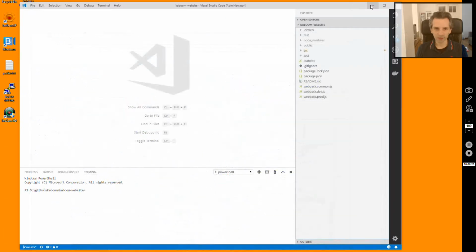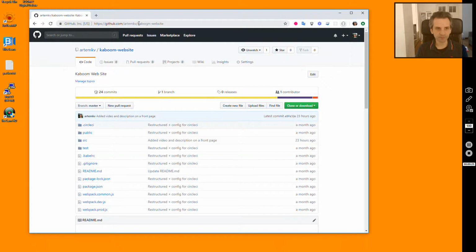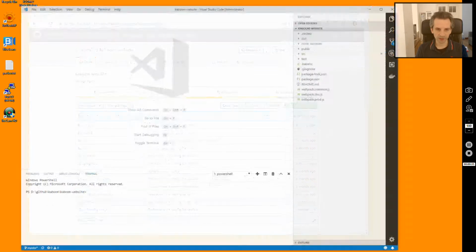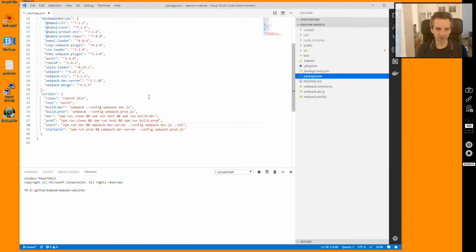As usual, this project can be found on GitHub at ArtemKV Kaboom website, and I just want to go and quickly look inside of this project to give you the idea what it is. If you look at the package JSON, we see that we have a couple of npm scripts. This project is a React.js application built using Webpack. For example, I have the start npm script that just runs the